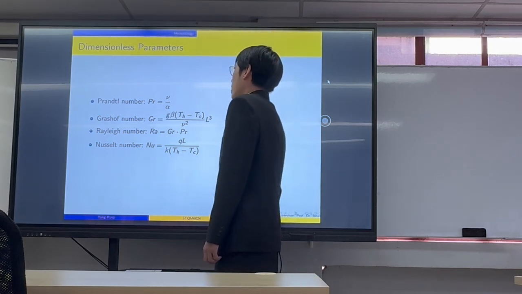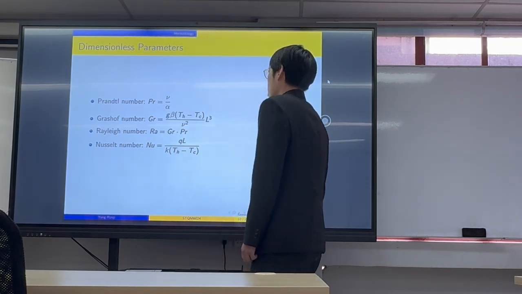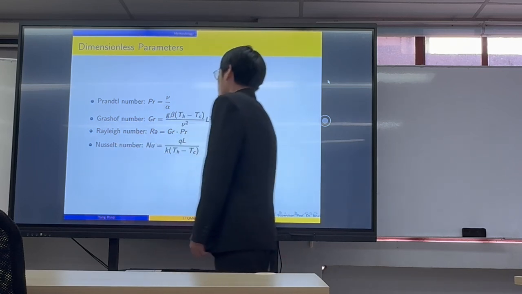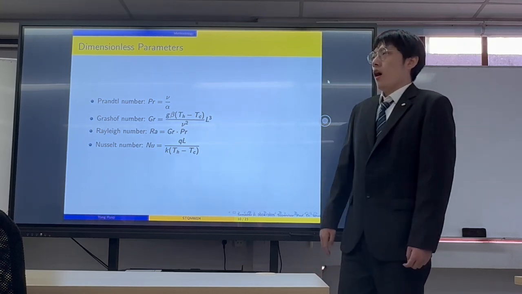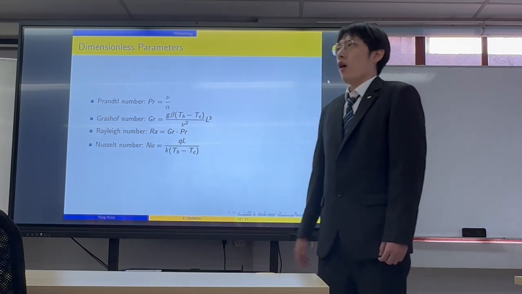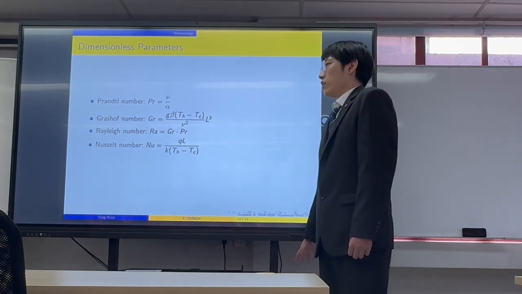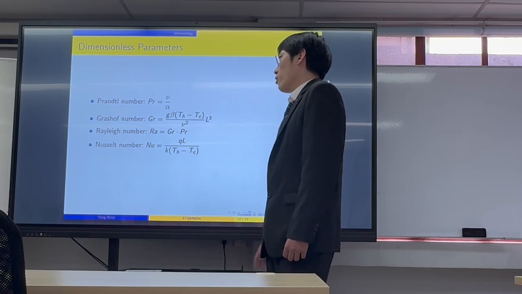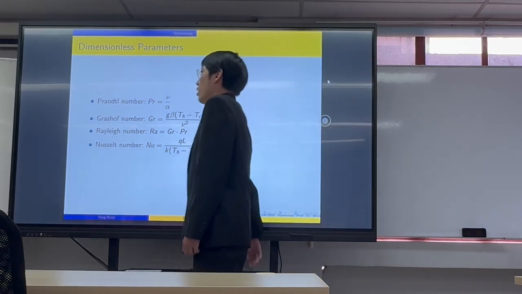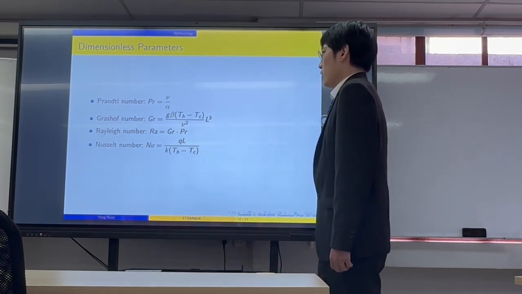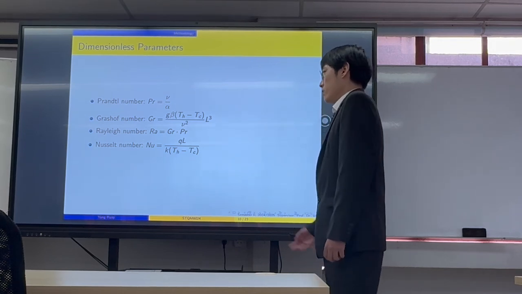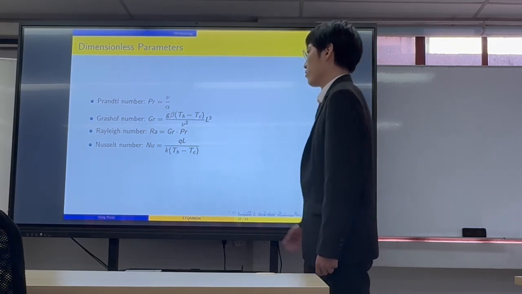Next are the dimensionless parameters. They focus on the Rayleigh number and the Nusselt number. Rayleigh number is used to measure the likelihood and the intensity of the natural convection, and it is used as a variable parameter in this study. Nusselt number is used to measure the relative strengths of convective and conductive heat transfer in a